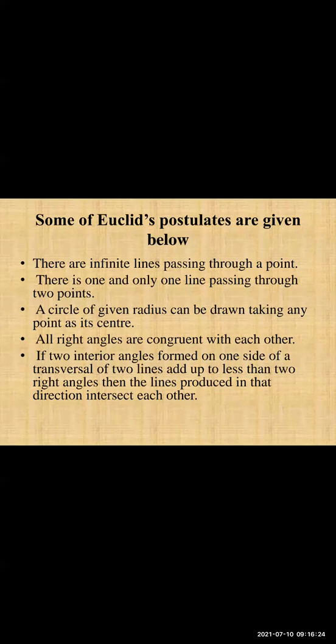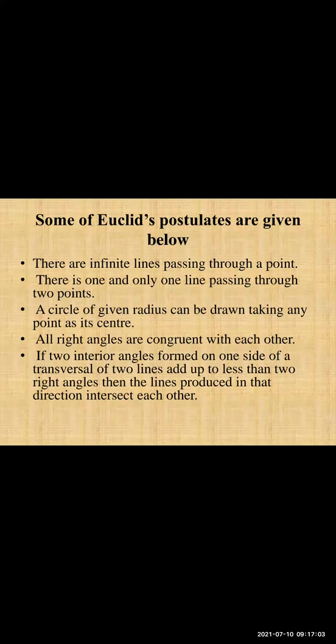Last one: if two interior angles formed on one side of a transversal of two lines add up to less than two right angles, then the lines produced in that direction intersect each other. What does this mean? If we draw two lines and a transversal cuts them, consider the angles formed on one side of the transversal. We have seen the properties of parallel lines, when two parallel lines are given,